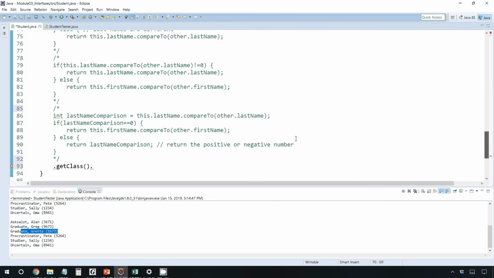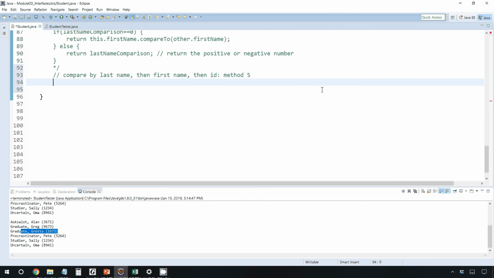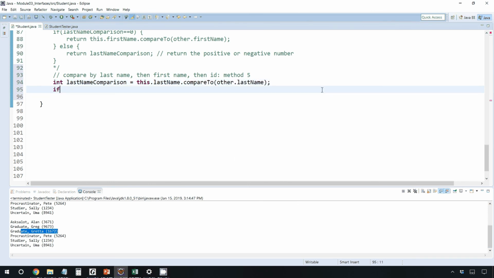Okay, so we're going to compare by last name, then first name, then ID. I should probably call these approach 1 through 5 instead of method, since we're just doing different versions of the same method. So here I'm going to start off just like I did before, and I'll use int lastNameComparison equals this.lastName.compareTo(other.lastName). And I'll say, okay, if they're